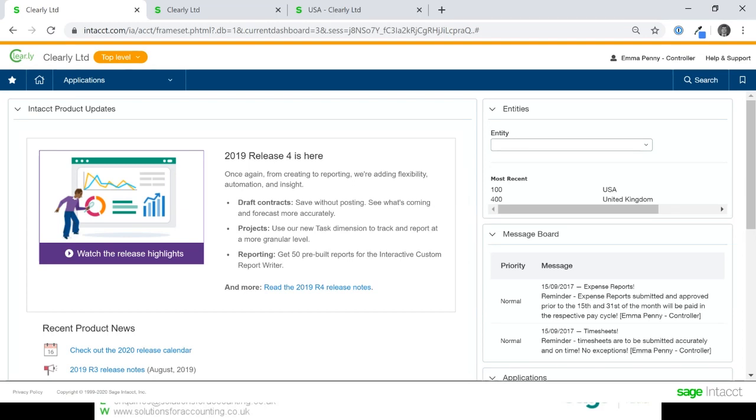Okay, so this is Intacct. As we've said, it's a true cloud solution. So you access it through a web browser. It does work with all the common web browsers, although in our experience it does work best with Firefox or Chrome or Microsoft Edge. Obviously, Internet Explorer, as it was, is being phased out by Microsoft. So whilst you can get the system to work on it, some things don't look or feel quite right. So I'm using Chrome today.